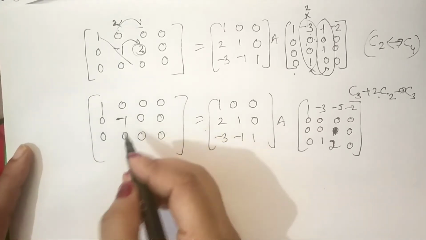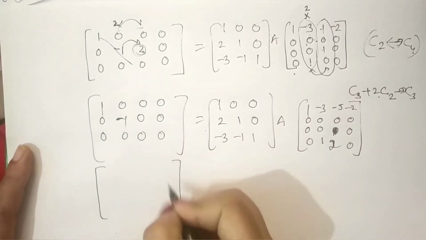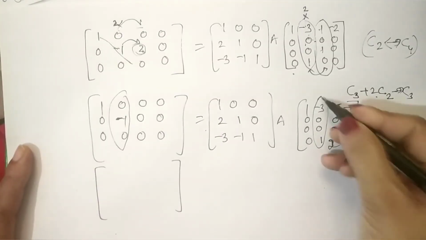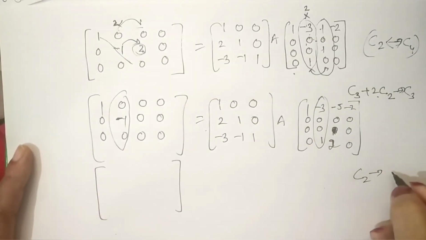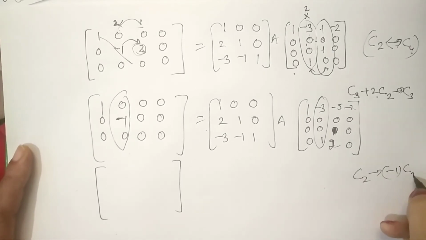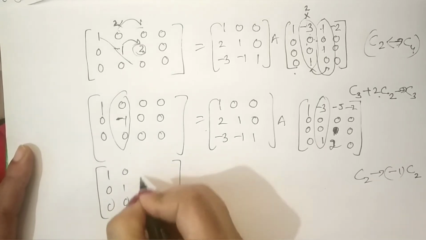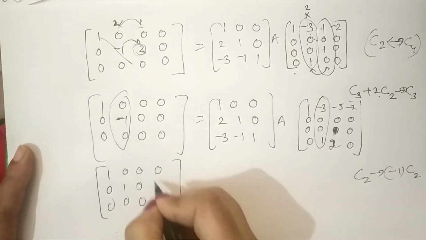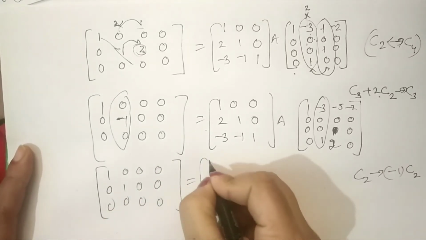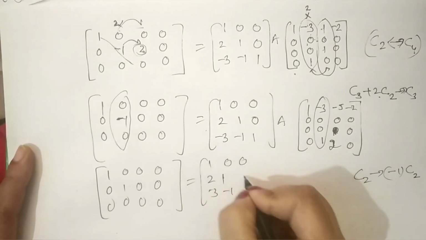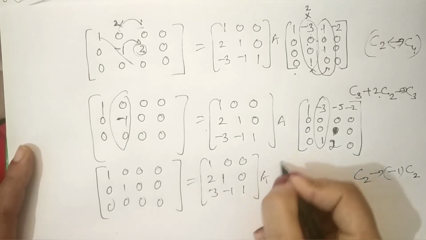So you can see this is a somewhat normal form except this minus sign. So we have to multiply the second column by minus 1 on both sides. This is the second column. So second column multiplied with minus 1. 1 0 0 0 1 0 0 0 0 0 0 0 as it is. Here we are not going to perform any row operation. So this is the same, A is the same.